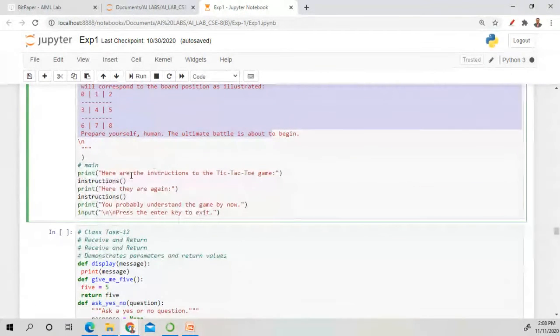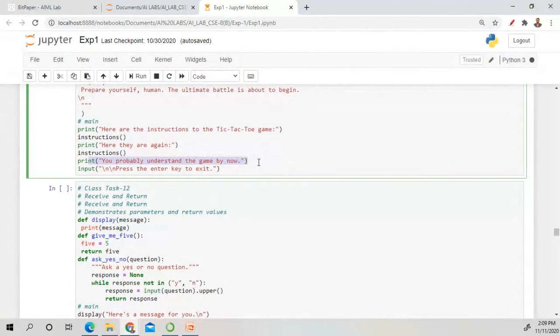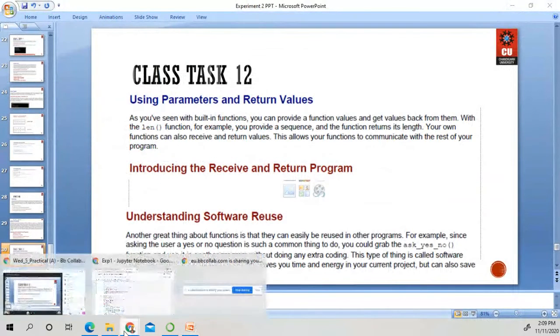After reading those instructions, the instructions for the tic-tac-toe game, we have to display those instructions, and then we have to print those statements again when we call that function. Then you probably understand the game by now. Then press the enter key to exit. So how to perform this experiment, you have to learn first.